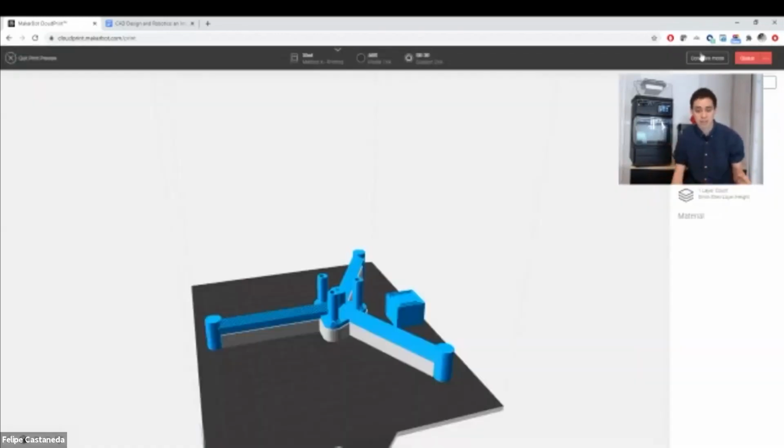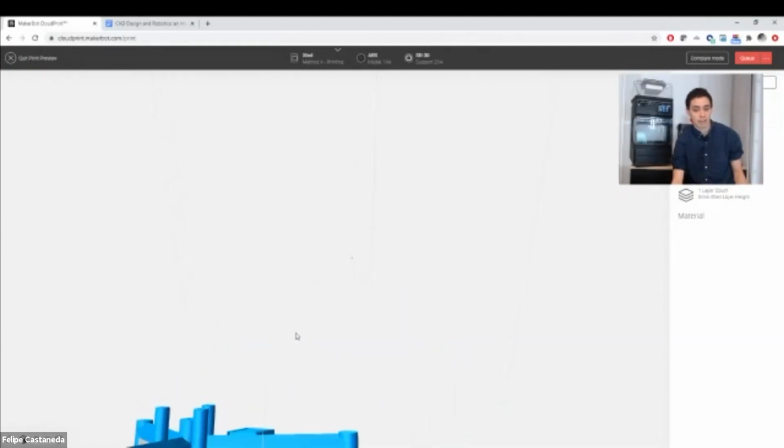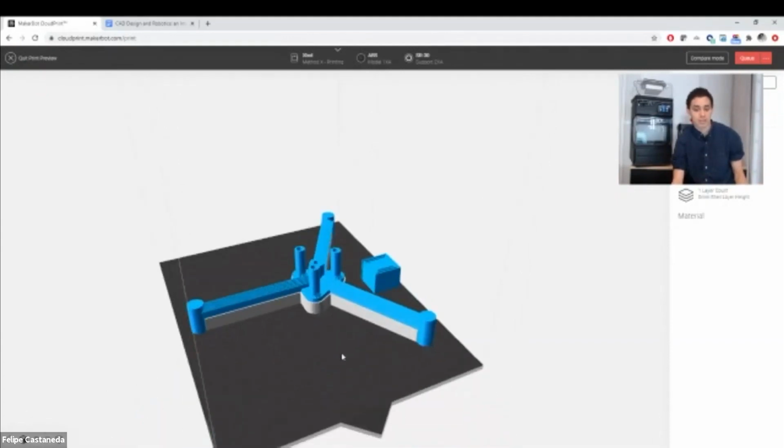The software itself is smart enough to self-generate the support where it needs to, right? So you don't need to do anything to define where this support is needed. It's just going to take your part and make sure that it prints successfully regardless of the orientation. There's no real input necessary from the user when generating the supports, because the slicer does that automatically for you.